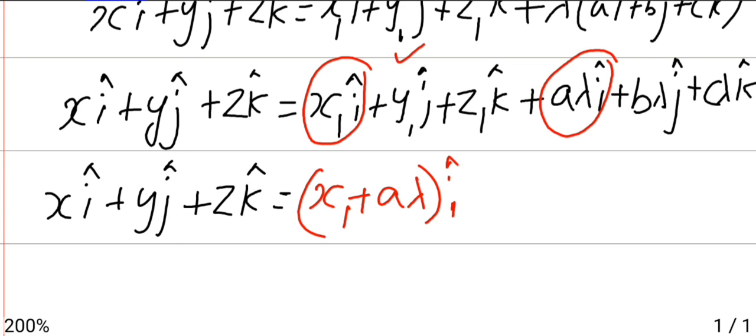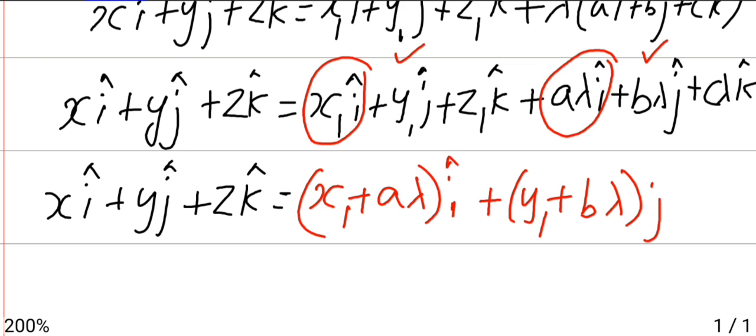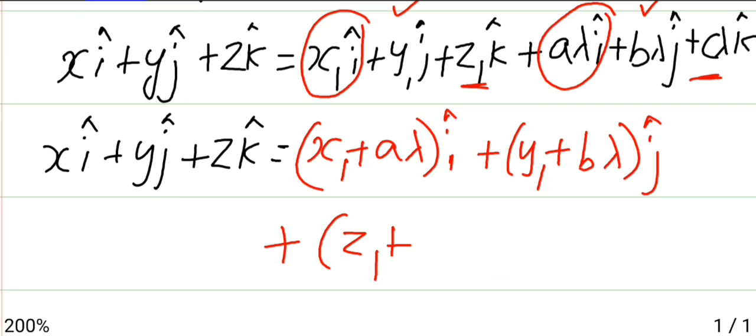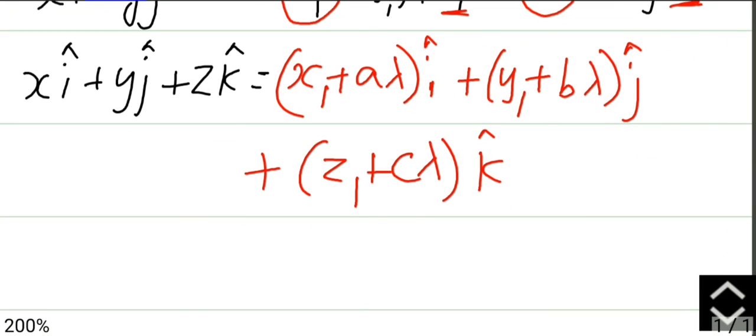Then take for j coefficients, y1 plus b lambda j cap, plus z1 c lambda k cap. Take common k cap. Then we get,